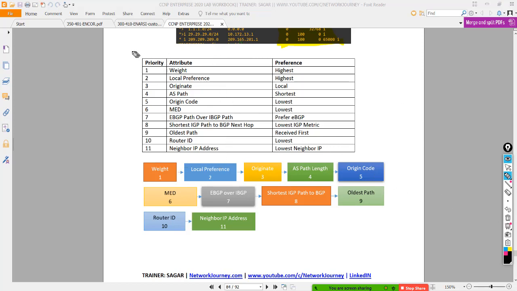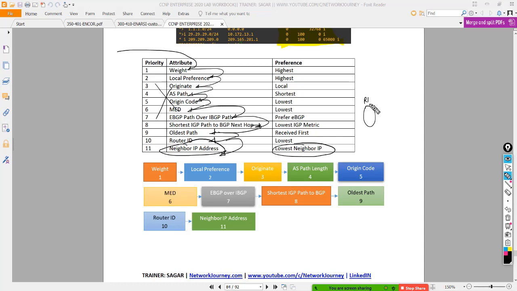It starts with, so let's say traffic first makes a decision on basis of weight. If weight is default, you have not tuned it or you have not manipulated it, the next attribute will be local preference. If that's a default, again it's gonna see originate, then it's gonna see AS, it's gonna see origin code, it's gonna see MED, it's gonna see the eBGP path over iBGP, it's gonna see the shortest IGP path, and then oldest path, and then router ID. And let's say all were default, there was no extra component which could make the decision. The last left out would be the neighbor ID, and depending upon the lowest neighborship IP, the path will be